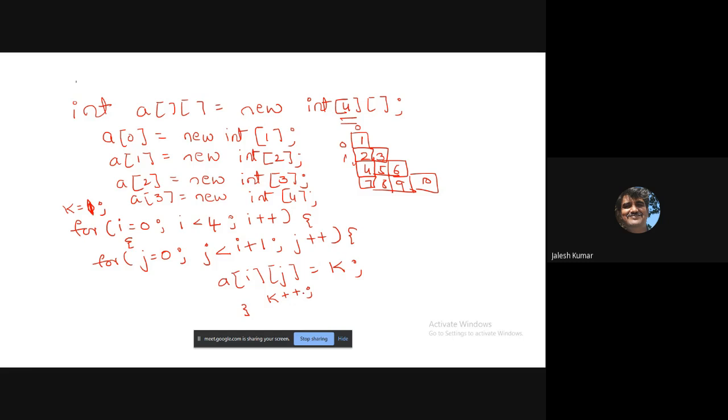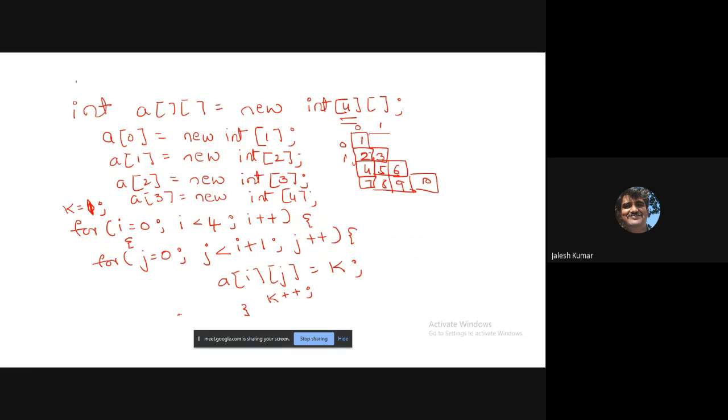Earlier it was 1, now it becomes 2, and when it comes to this location once again it becomes 2. So at location 1 comma 0 it will be 2, and now i becomes 1, so j value is also 1. That means i is equal to 1, j equals 1, and at this location it will fill 3.